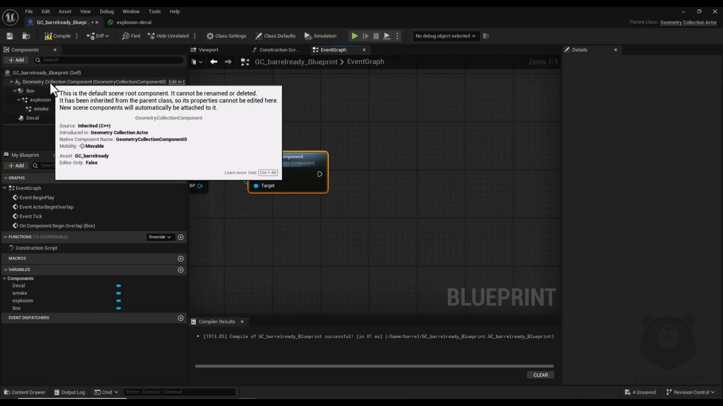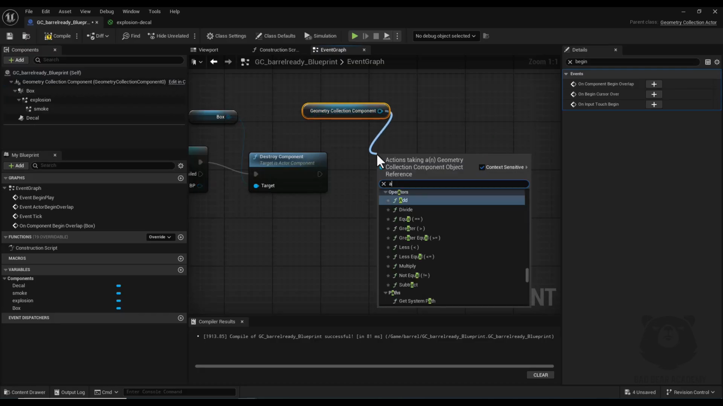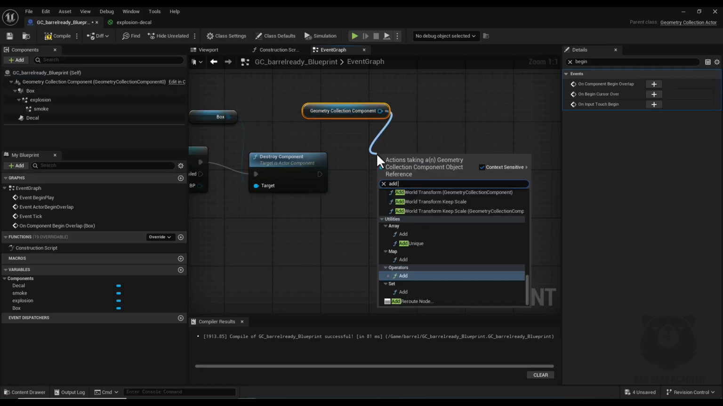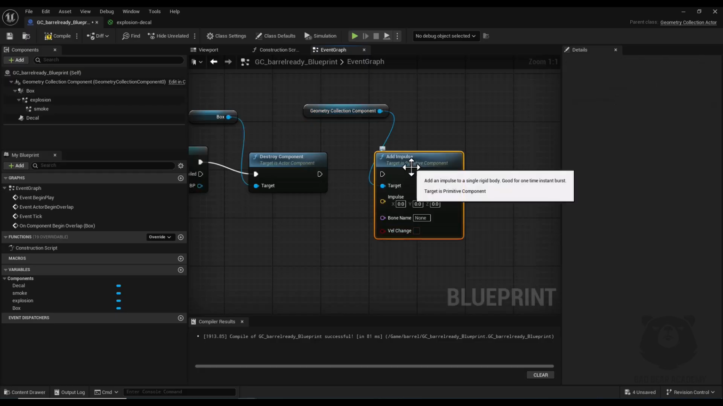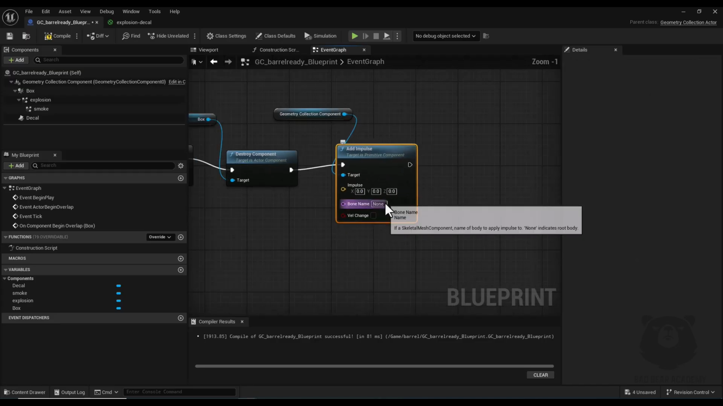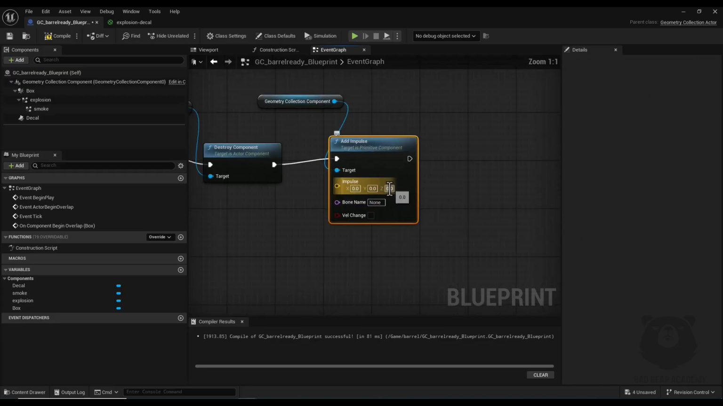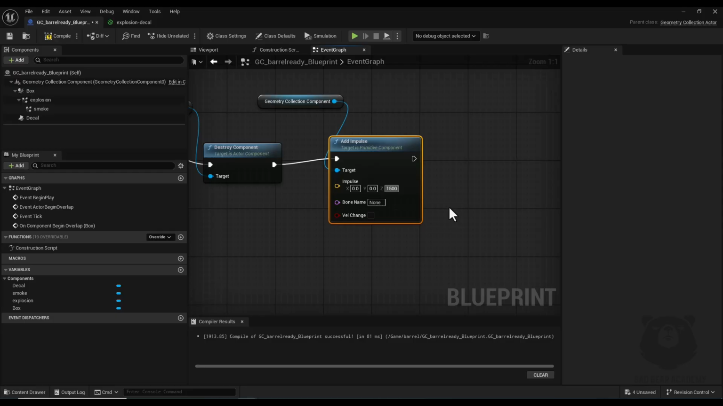Now I drag and drop my geometry collection here, and now I drag a node and search for add impulse. Add impulse. Alright. Okay. Connect it here and I set this Z value to 1500, and now